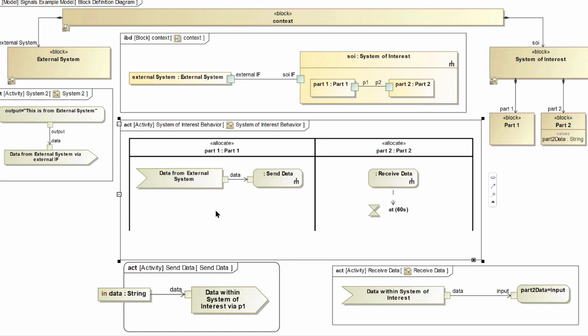So where that data goes in, it actually comes in one level down in that behavior that defines this call behavior action, and it says data within system of interest via P1. So that's going to send it now via its port P1, and that will be part one now, sending it via this connector to part two, and then part two will be executing this receive data behavior, which simply is